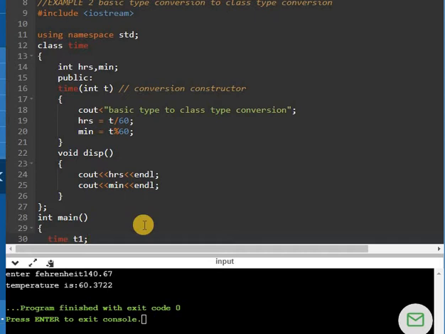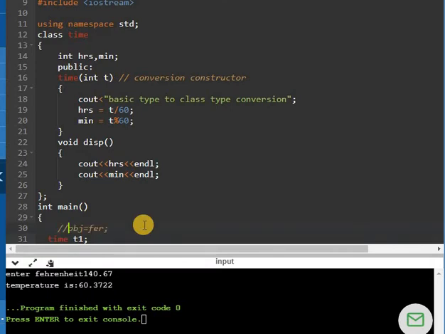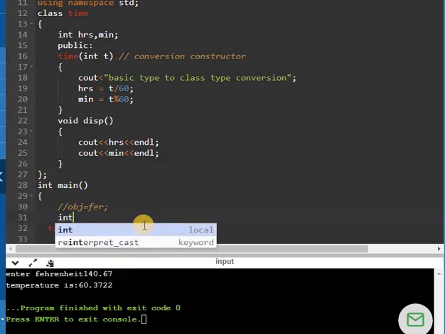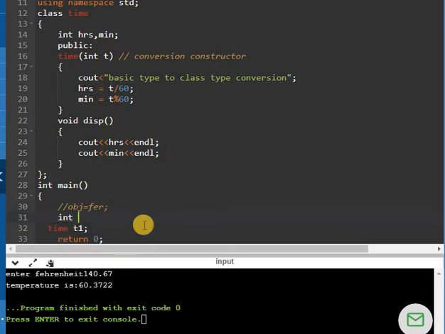The statement which we wrote in the previous example, if you remember, I will make it a comment. In the previous program we wrote this particular statement, and here we can write this statement in a different manner also. So I'll be showing how. First of all, take one integer number for which we have to take this t value.